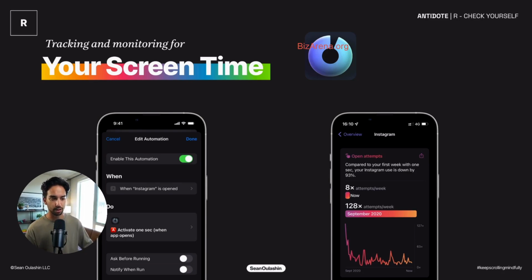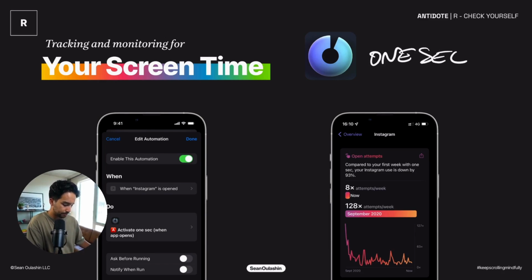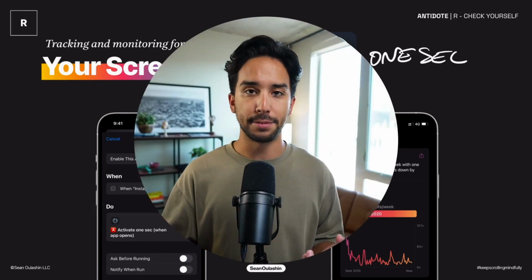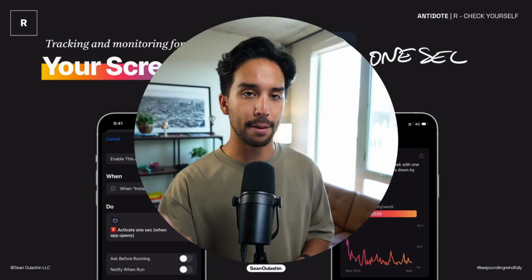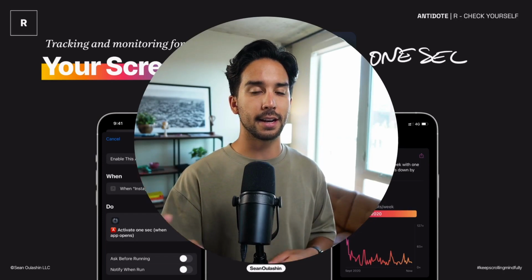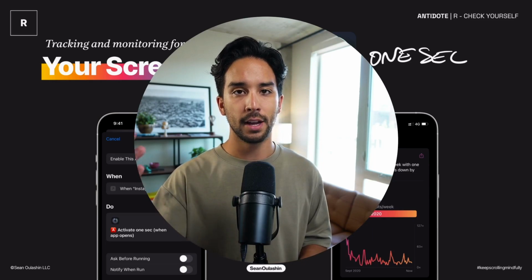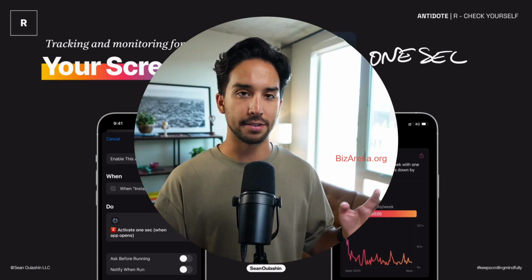It's called OneSec. It's one word, OneSec. I'll write it down here for you. OneSec. And I believe it's just for iOS at this point, but it does an awesome job of a couple of things. It is a very cool way to get out of distracting apps in a way that really does improve your life. Basically, the basis of it is you set it up by defining the apps that you want to block yourself from, and it works with iOS's shortcuts. And every time you tap on, let's say Instagram, it'll open Instagram for a second, but that'll trigger an iOS shortcut that'll open up OneSec, which gives you any amount of exercises that you can imagine.